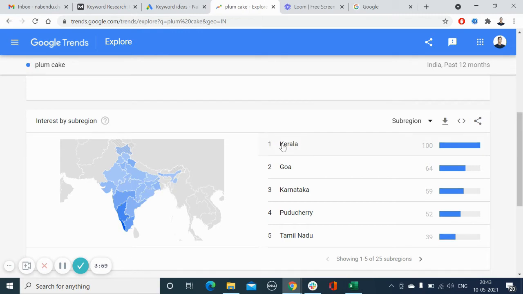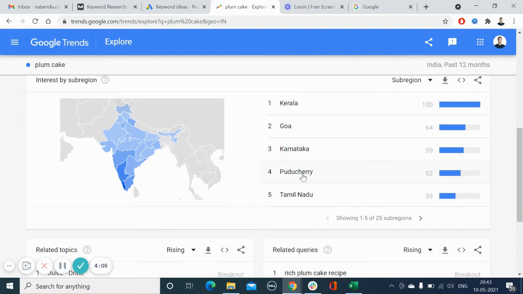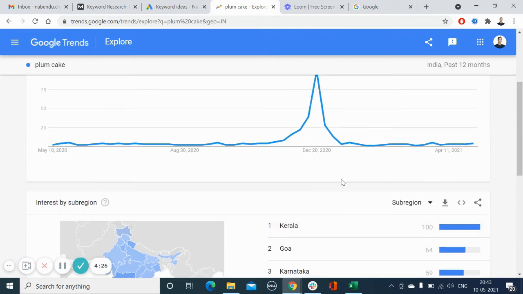So Kerala has the highest number of searches for plum cake, followed by Goa, Karnataka, Puducherry, Tamil Nadu, and then Maharashtra, Telangana. So what it tells us is that the south part of India has a higher number of searches for this keyword. When we run an ad, we know where to target for this keyword, and obviously it's southern India. That is how I start my keyword research.